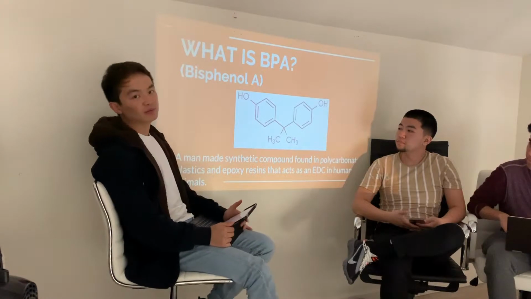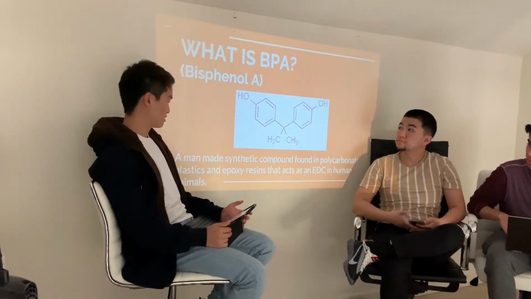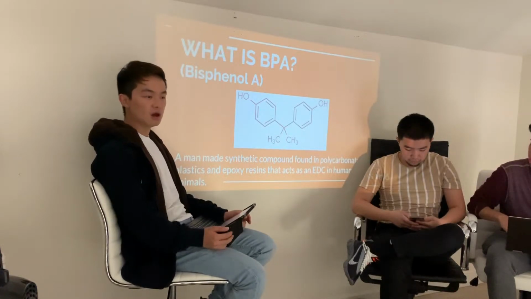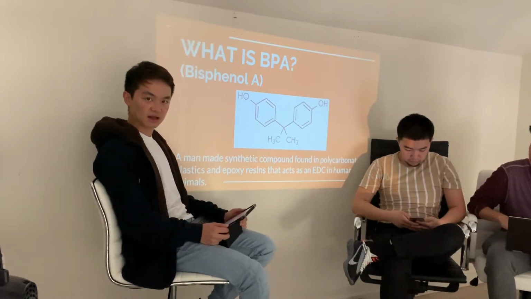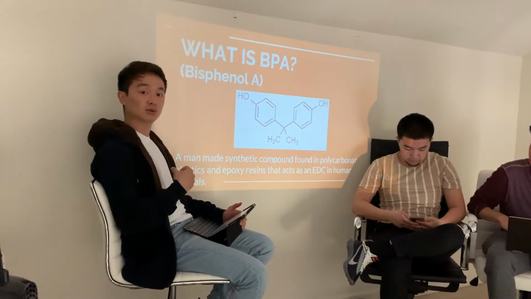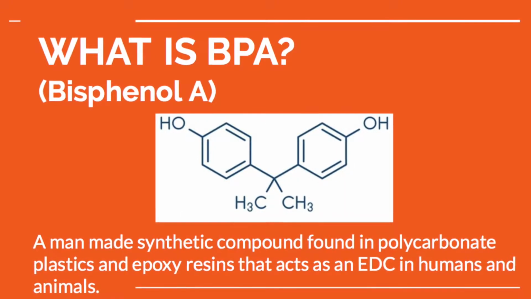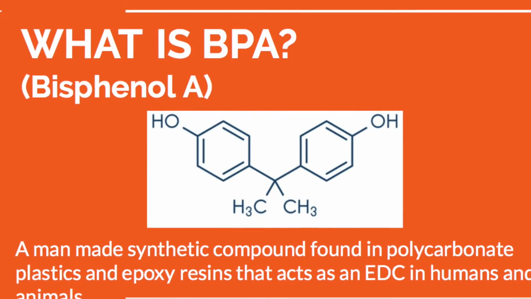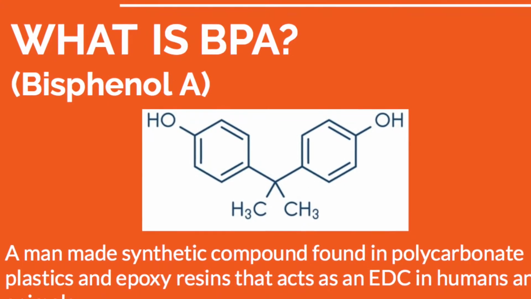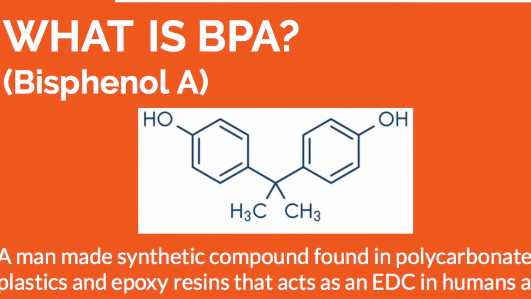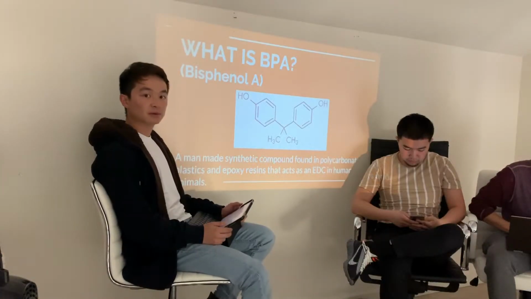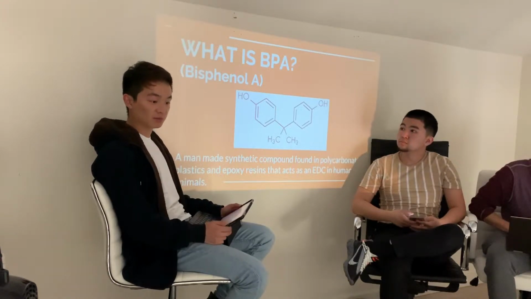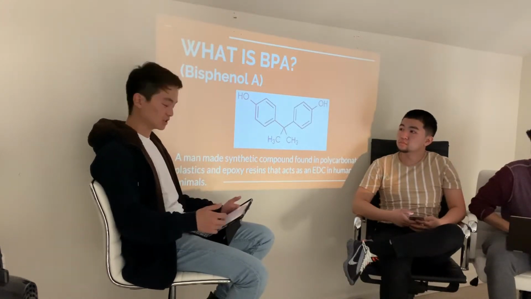So, what is BPA? BPA is bisphenol A. It's a compound that's found in a lot of polycarbonate manufacturing. Polycarbonate is just a plastic that's durable, but it's also kind of bendable. So we see that in a lot of Tupperware or a lot of storage containers for food. It is also found as an epoxy resin, so that basically lines a lot of PVC pipes. So that's also why we find a lot of BPA residues on produce due to irrigation and agriculture.